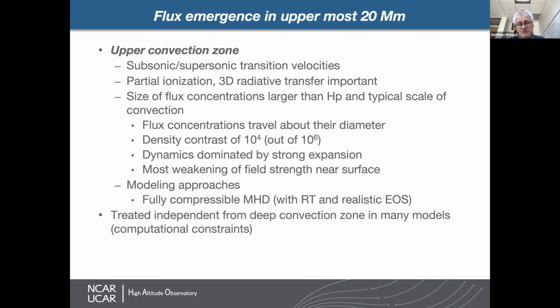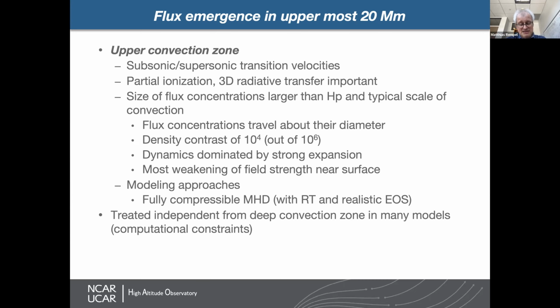And if you want to model the photosphere pretty well, also three-dimensional radiative transfer. But the most important aspect here is that the size of these flux concentrations is larger than the scale height in the typical scale of convection. And this means you typically move a flux concentration roughly a diameter, and at the same time it has to expand by something like a factor of 10 to the 4. So the dynamics is strongly dominated by expansion, and most of the weakening of the field strength really happens in